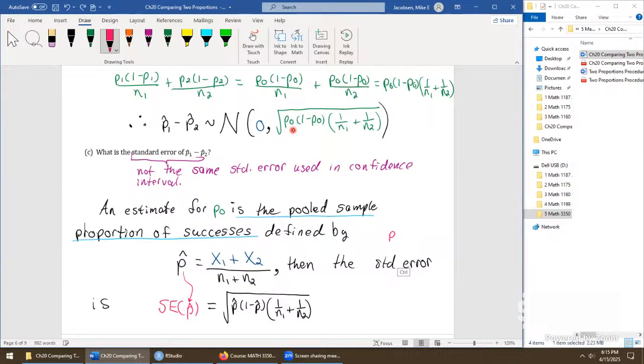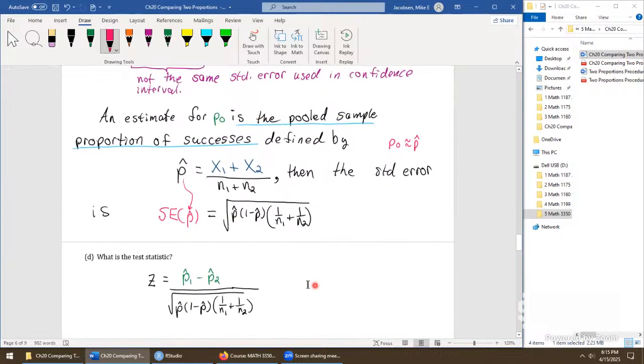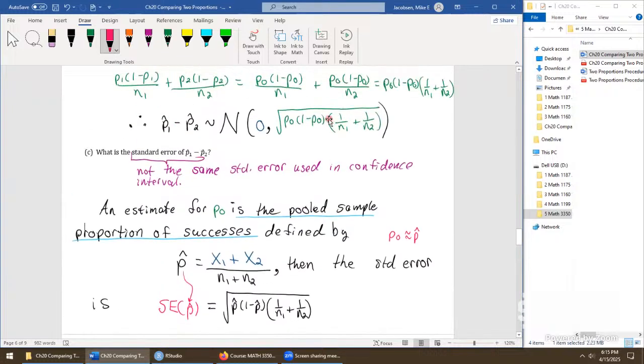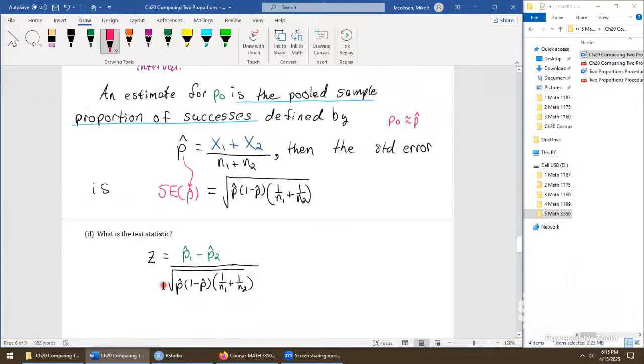Let's write it this way though. Usually we wrote our estimate this way. So everywhere p naught was, we throw in p hat, and this is going to allow us to finally do a hypothesis test, because the test statistic becomes the difference between the sample proportions of successes divided by the standard deviation. Well, the approximate standard deviation rather, using p hat to estimate the p naught right up here. So it's still an approximation here, and we can say that this quantity is the approximate